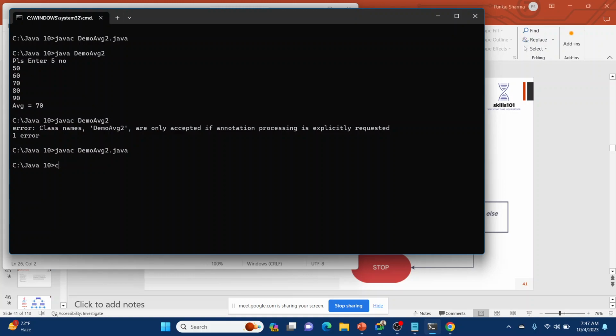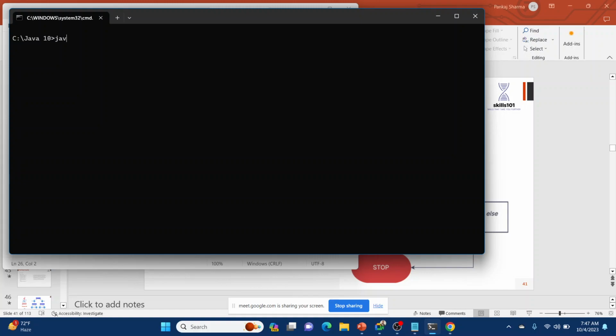First clear the screen so that there will be space. Java demo avg2. Now it will ask us for 5 numbers, and on the basis of their average it will show us pass or fail. First we will try to pass: 60, 70, 50, 40, then 80. The average is 60 and it prints pass on the basis of the condition we have written.